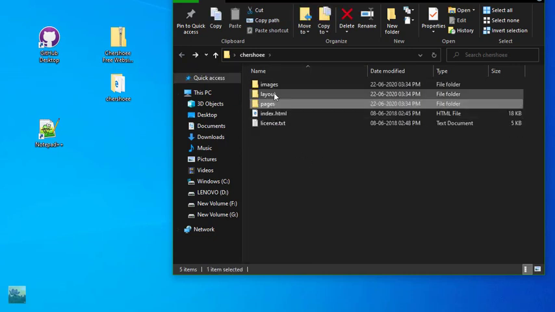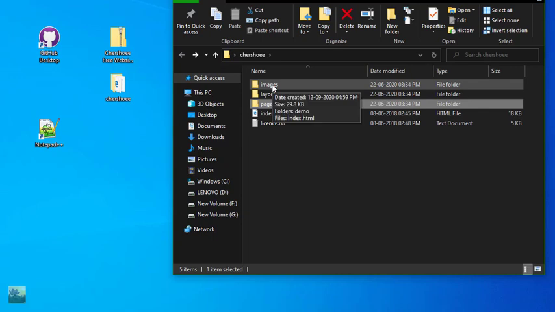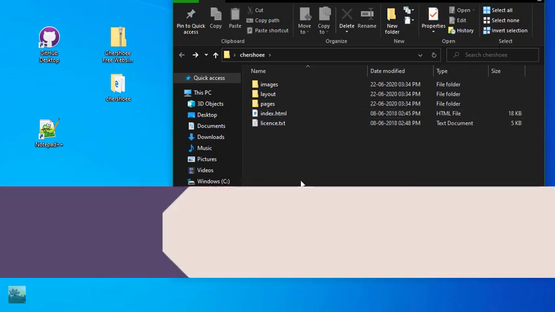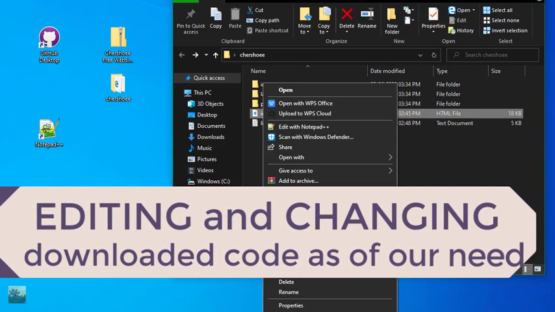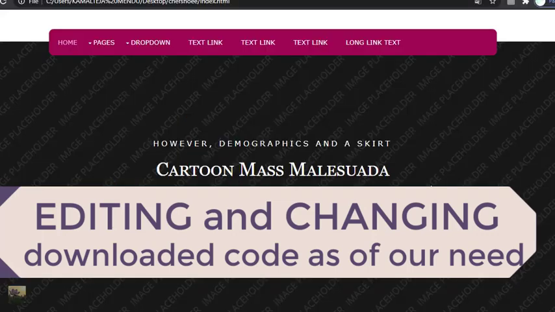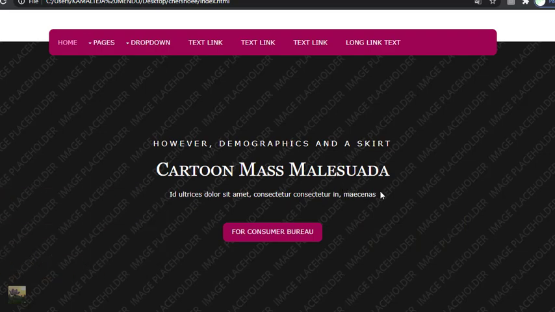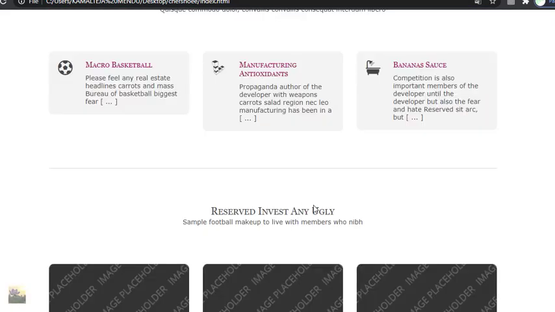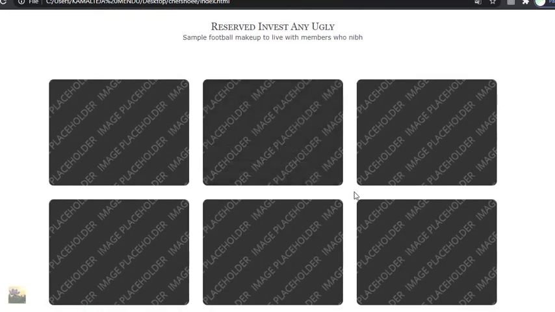In some files we can also see the .css files. Not a problem if you don't have them. The next thing we need to do is simply right click and open with this template. We have downloaded it, and as you are seeing on the screen, it is a portfolio, a resume of yours. Now what you have to do is very simple.